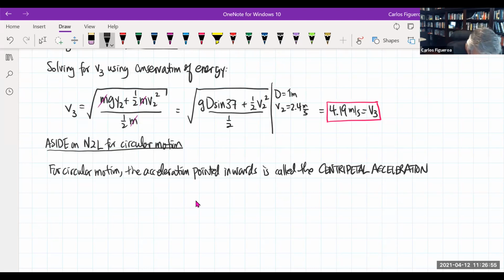In other words, if I have something moving in a circle, and let's say that I have an object like this, and this object is moving in this direction,